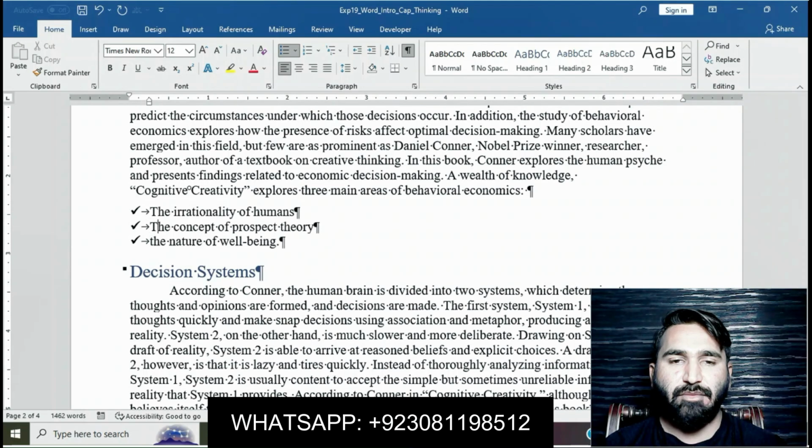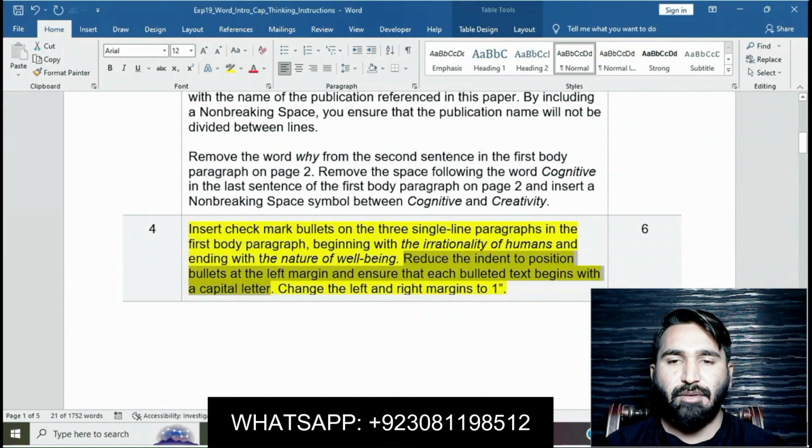The irrationality of mass, capital letter. The nature of well-being. Change the left and right margins to 1.